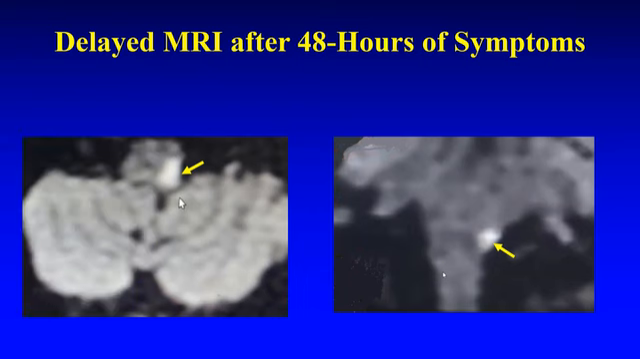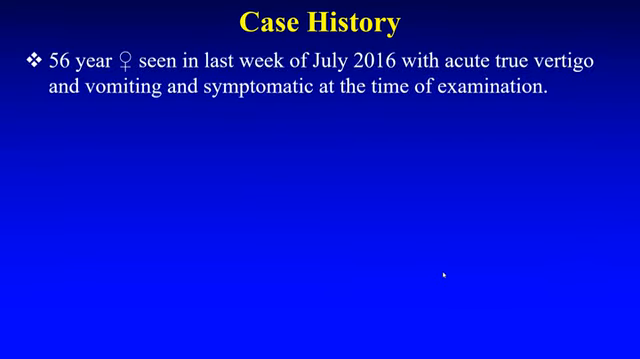Initial MRI was normal. The delayed MRI done after 48 hours shows acute left dorsolateral infarct. This is a 56-year-old patient, acute vertigo, hypertensive,